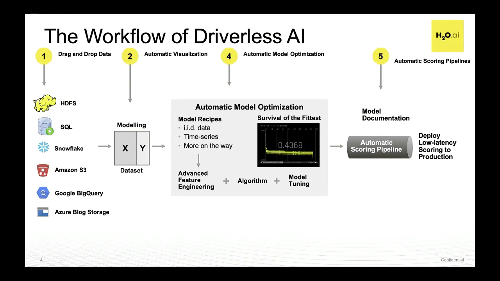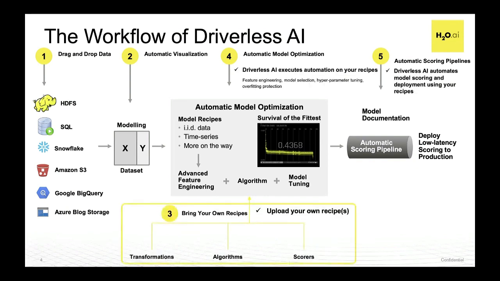So these are things like Shapley values, K-LIME, partial dependence plots, which allow you to look at a row of data and see why Driverless AI is making the prediction that it is. And this also helps when we go into productionization to understand how to change bad behavior of customers. Maybe if you see someone's going to churn and you know exactly why, you can go in and save that. Once you have a good model that you understand, we then have our automated scoring pipeline to quickly put that into production. So then what we're going to be focused on today